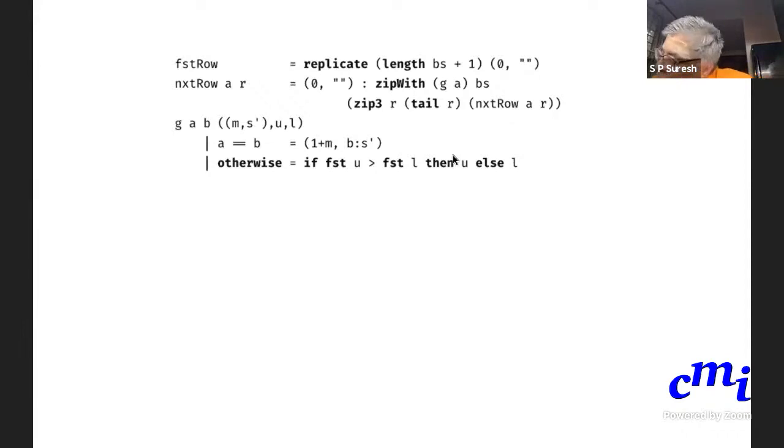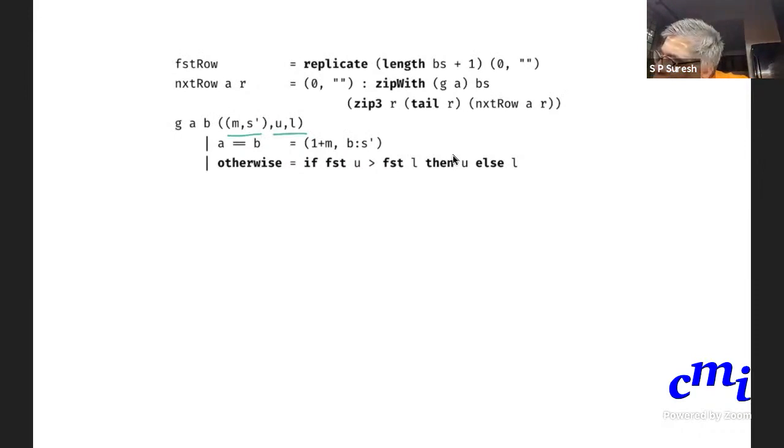Okay, so basically what I am doing is in this GA function, I'll assume that all the entries are pairs. The first part of the pair is a number, the second part is a string. So this D entry is also a pair, M S prime. Okay, and this U L are themselves pairs.